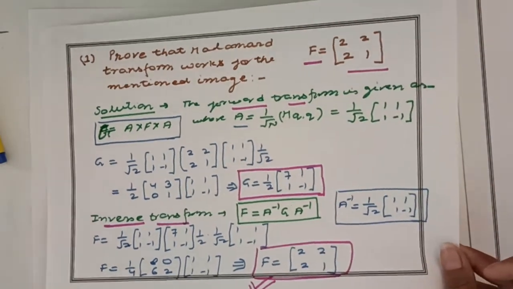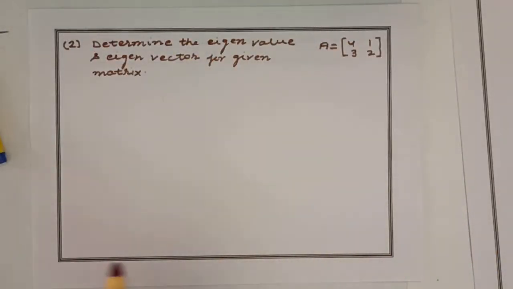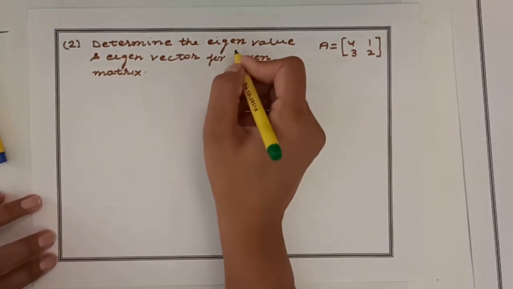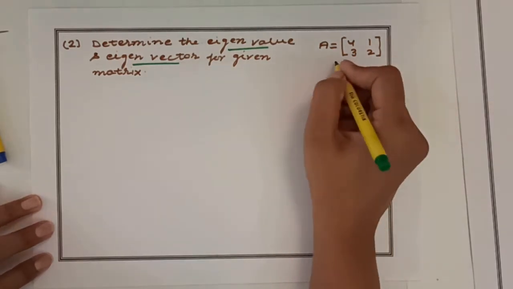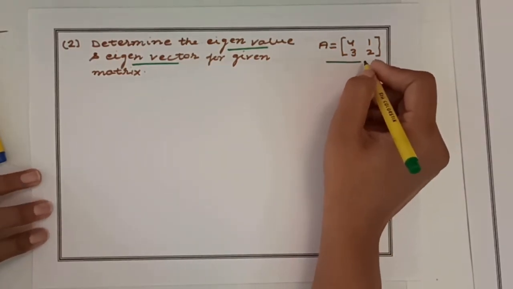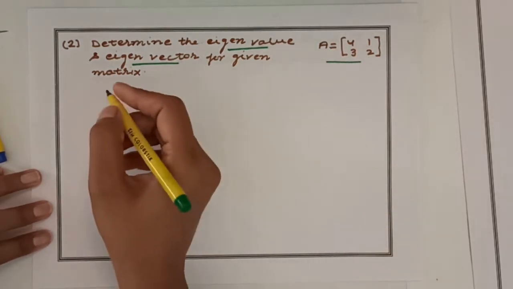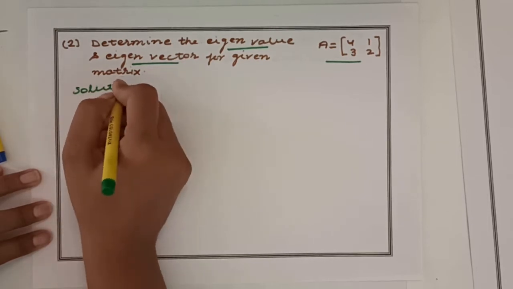Now let us move to the next question. Next question is, determine the eigenvalue and eigenvector for the given matrix. A matrix of 2 cross 2 is given over there, and you know that the process of